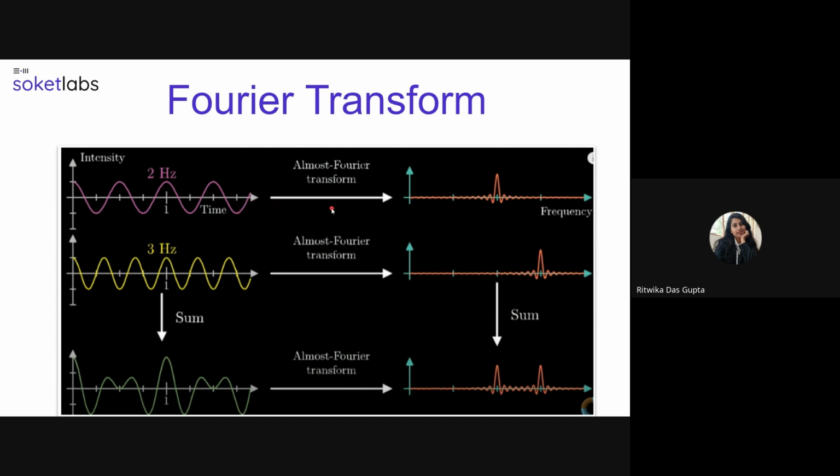So the Fourier transform is something which actually changes this frequency graph into the graph of the center of mass, so that we can understand it. We do not need these waveforms anymore, and we just know exactly the information which is needed for us. So finally, this is the graph for 2 hertz frequency, for 3 hertz frequency, and this is the graph for the combination of both. And when we do the Fourier transform, we can see that it's the sum of these two itself.